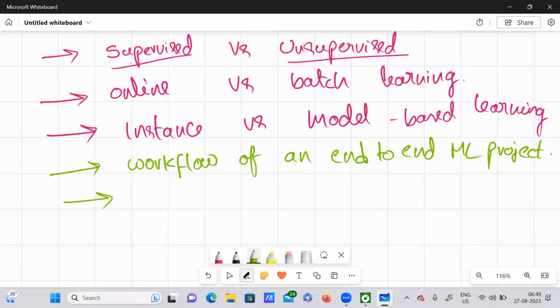After that, we also have something very important. Why? Because most people usually think that whenever we learn these topics, supervised, unsupervised, online, batch, instance, model-based, they have mastered everything. No, even after implementing everything through code, they won't master everything.